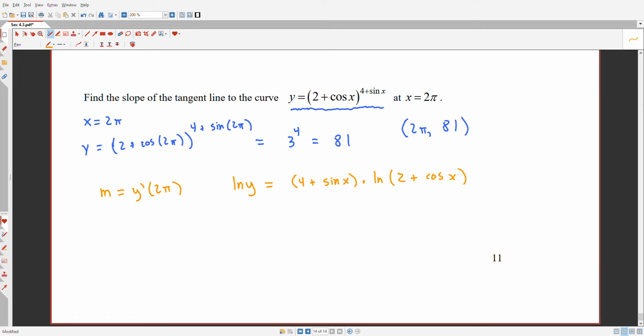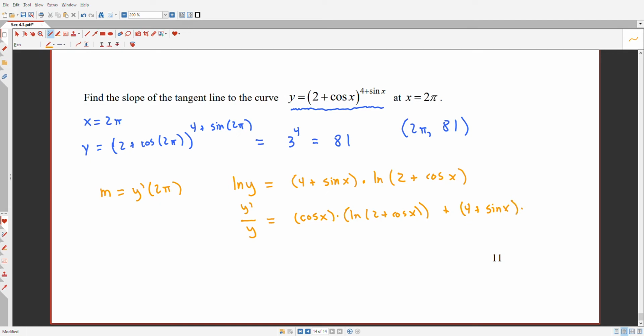Now when I differentiate both sides, I will get y prime divided by y, and then I've got to do a product rule here. The derivative of 4 plus sine of x is cosine of x, times the natural log of 2 plus cosine of x, plus 4 plus sine of x